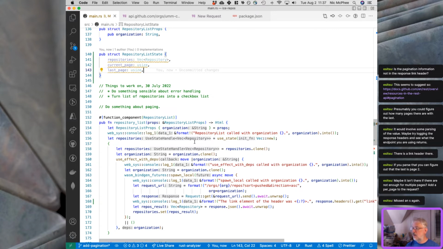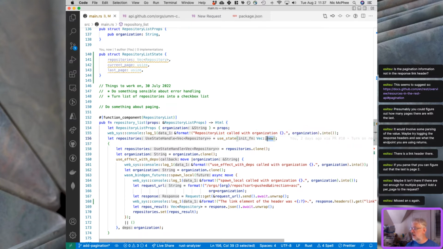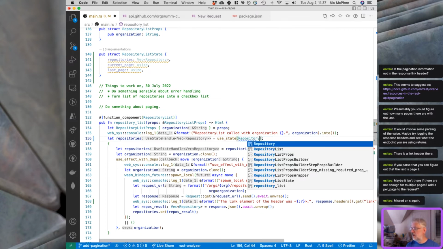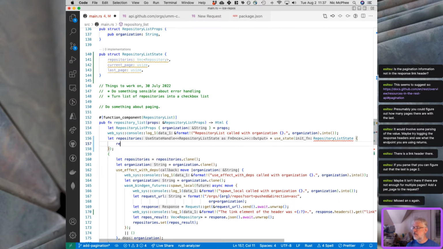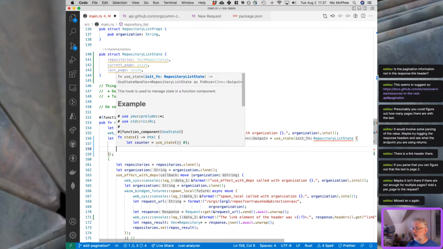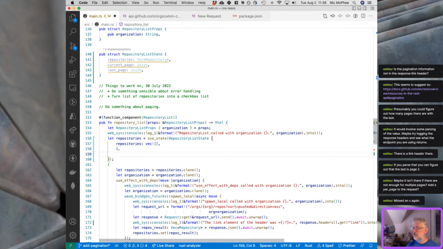So now, this state is going to get more complicated. So we're going to have a RepositoryListState, repositories vec!, and one, and ooh. So last page